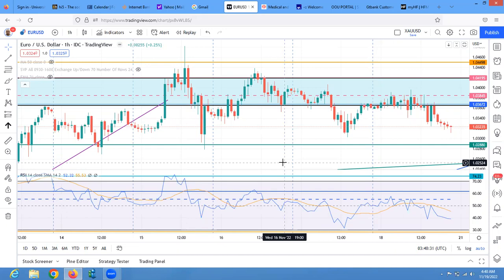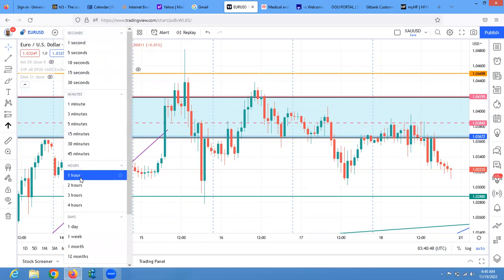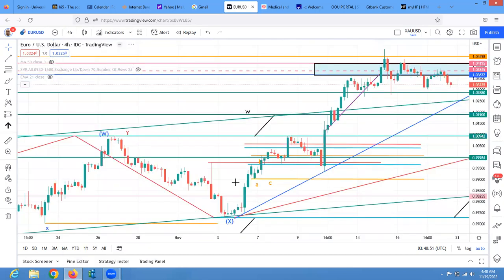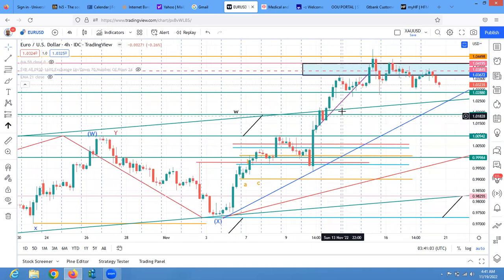Now, what is happening? Where are we? That is what we want to see. This is a 1 hour chart, and let me take it to the 4 hour to give us exactly what we are seeing. This was what we did the last time. I said immediately we have a bridge. We can use this to guide what we are doing, to know when we are probably going to do